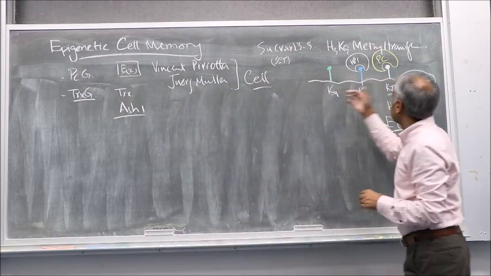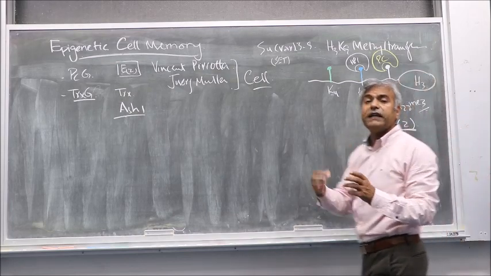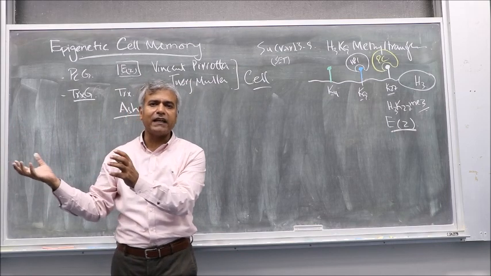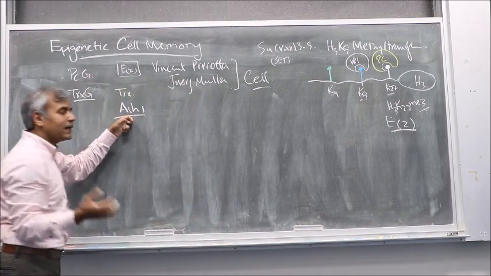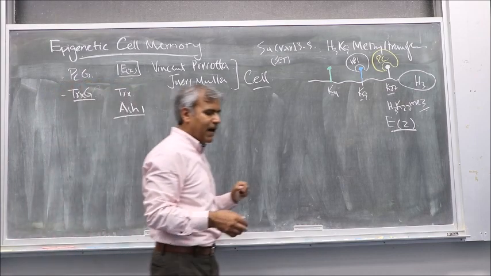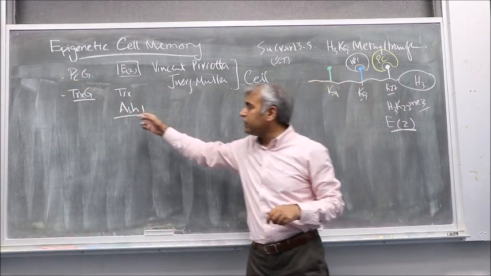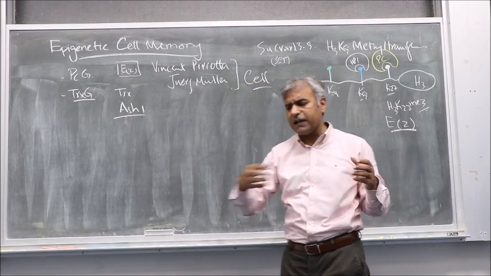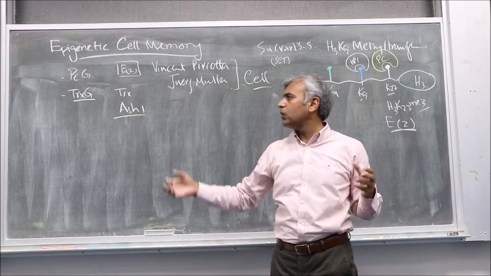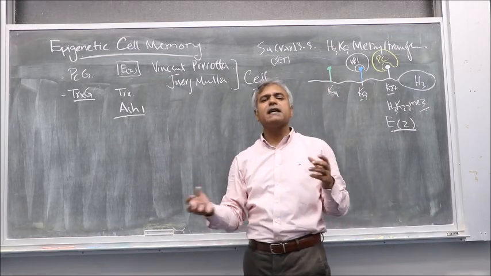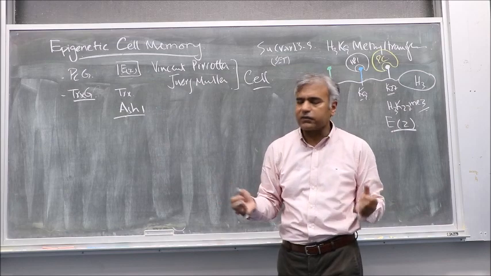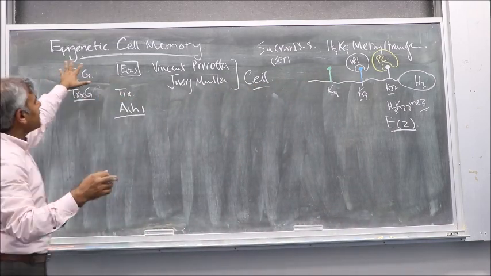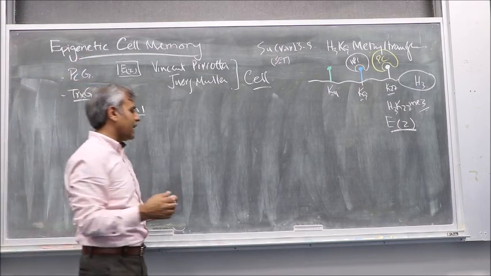Lysine 4 trimethylation, lysine 27 trimethylation, and lysine 9 are present in the promoter region or in PRE regions, the cis-acting elements. But lysine 36 trimethylation was discovered to be in the gene body. And it's proposed that when RNA pol II transcribes genes, lysine 36 somehow acts as a memory mark for recently transcribed genes. Anyway, so in epigenetic cell memory, what we have now in our hands,